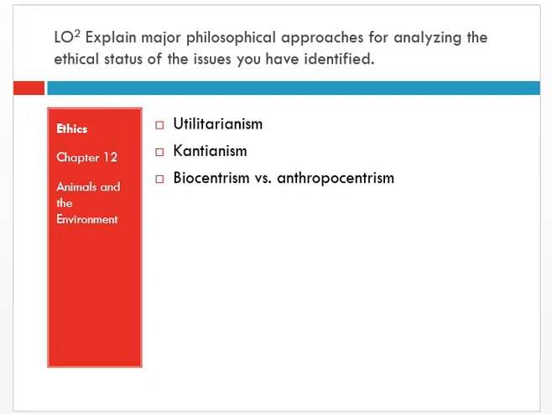All right, learning objective number 2 is for you to be able to explain major philosophical approaches for analyzing the ethical issues that we have identified, particularly in this unit, the animal and the environmental ethics. So why don't we go ahead and start, and we'll start with utilitarianism. So as has been previously noted,